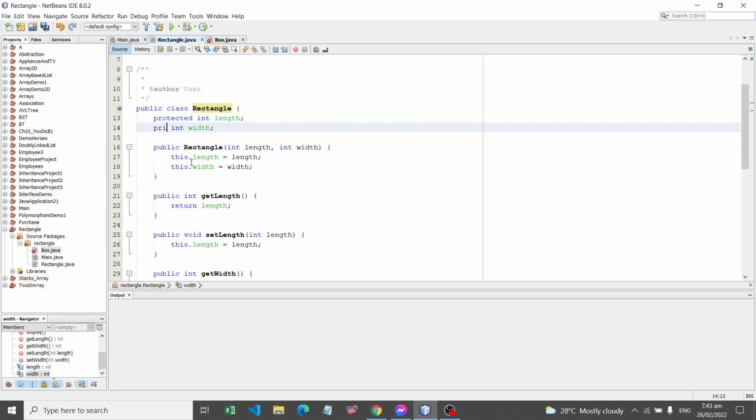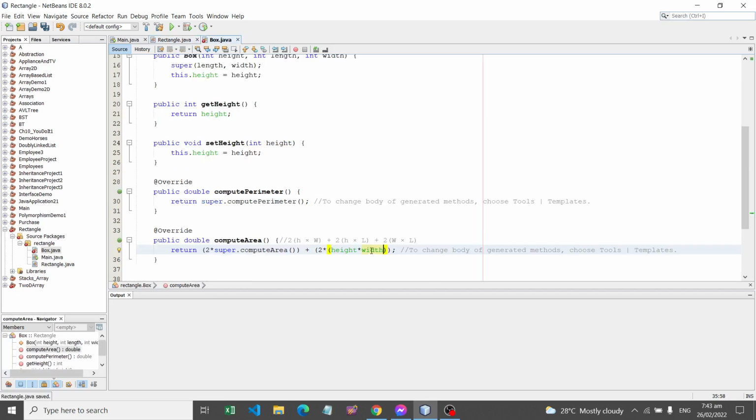Okay, save. Then here in the box, now the red flag under width is gone,